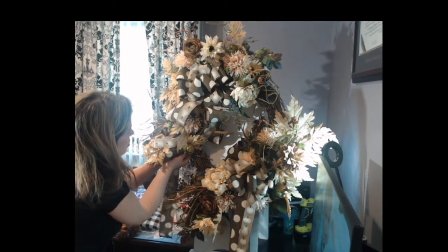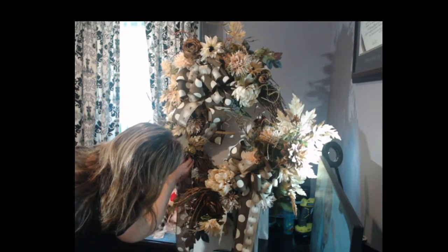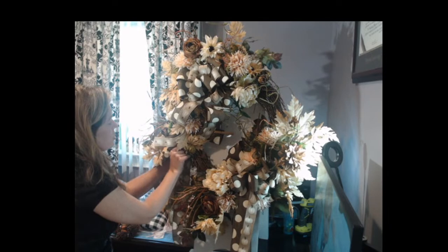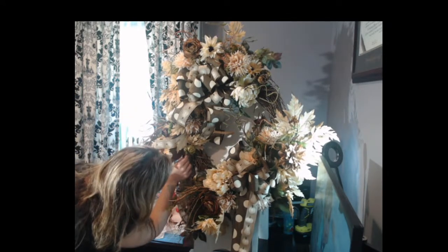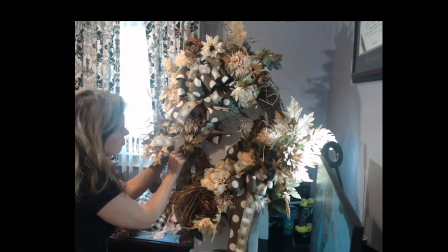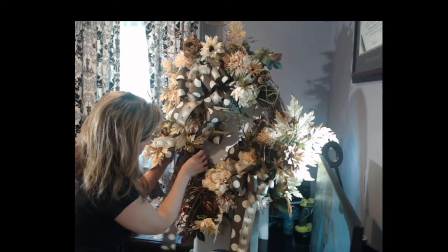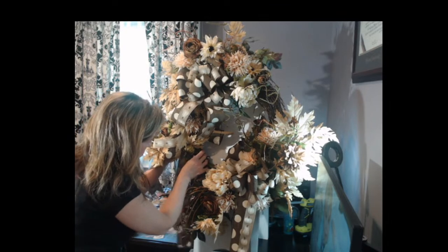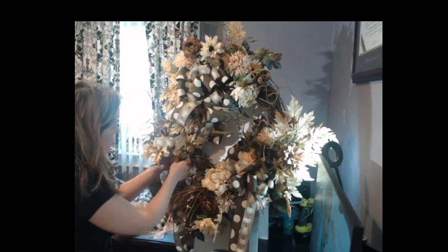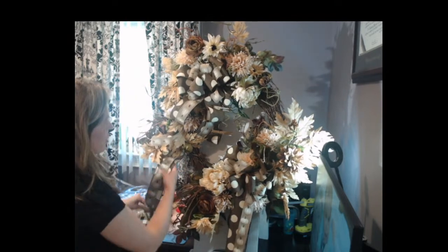So again, we're just going to tie it here. And make sure it's not going to go anywhere. Perfect. And anytime I do that, I just bend in the pipe cleaners right back into the wreath frame. So that way